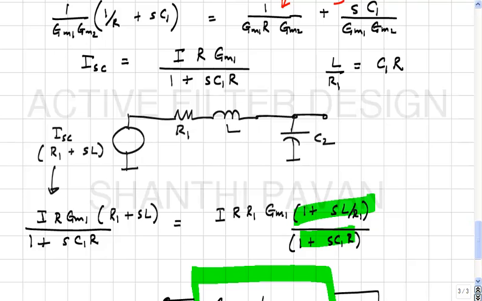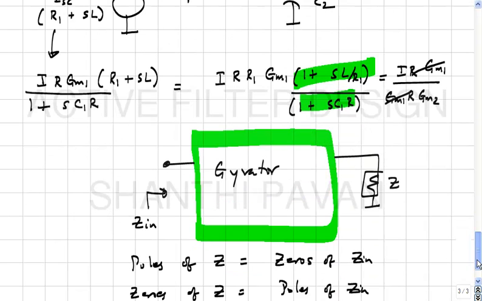So what is this now? I, R, and what is R1? 1 by GM1 R GM2, okay, times GM1. Okay, so this goes away. So you basically have I by